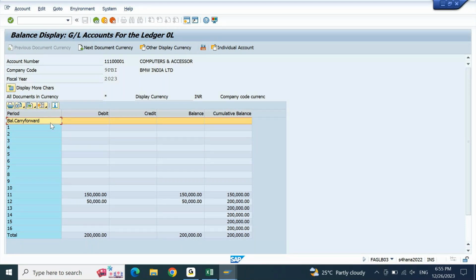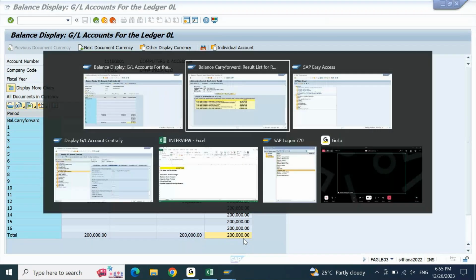But the last one, whatever you find as the total, is your closing balance, the cumulative balance. This is the closing balance of 2023. When you run the balance carry forward, this closing balance, which is 2 lakh, will appear as the opening balance for 2024. Okay. Next one. If you see the other GL account,